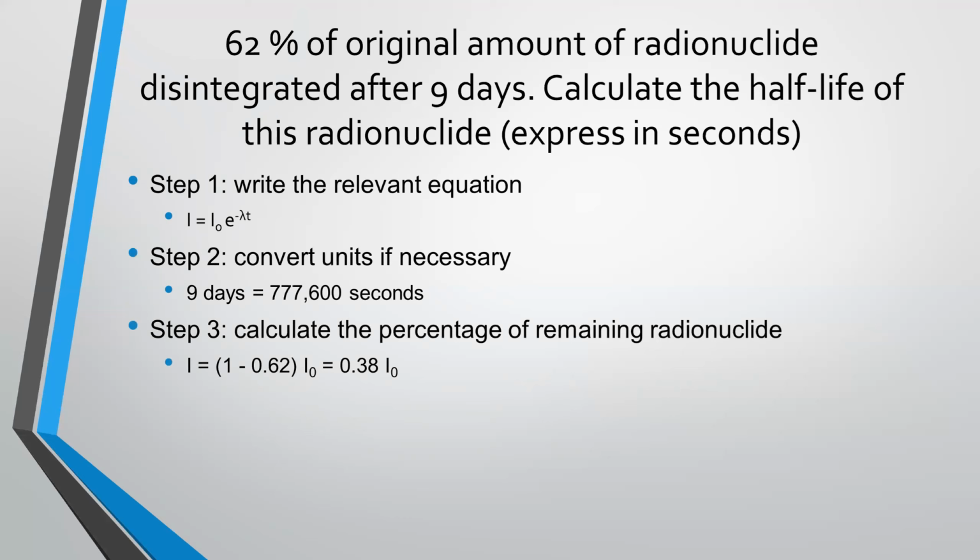We calculate the percentage according to the question, and it is of the remaining nucleotide. So 62% has already disintegrated. Keep in mind that I is the value of intensity at a particular given time, and it is not how much has decayed, because even during my initial days when I was doing these sums, I would get very confused because of the concept of half-life. Because for half-life, if you subtract 0.5 from 1, it would still be 0.5. So I would get confused. But you have to always remember that the intensity is always at the particular given time.